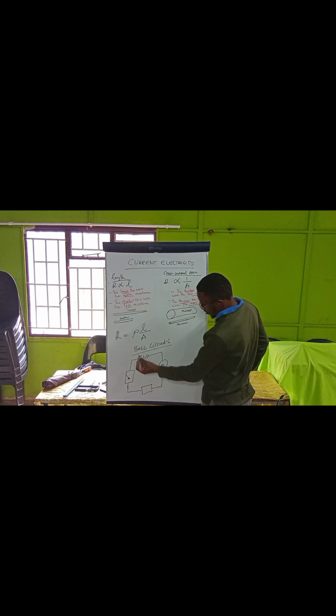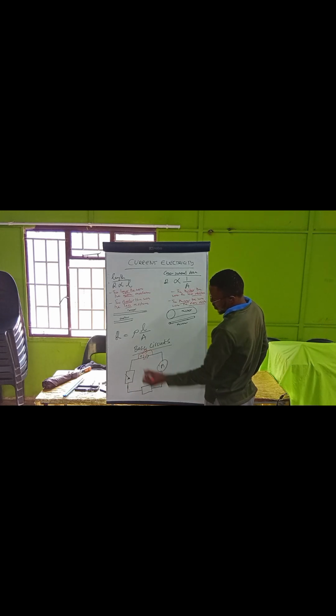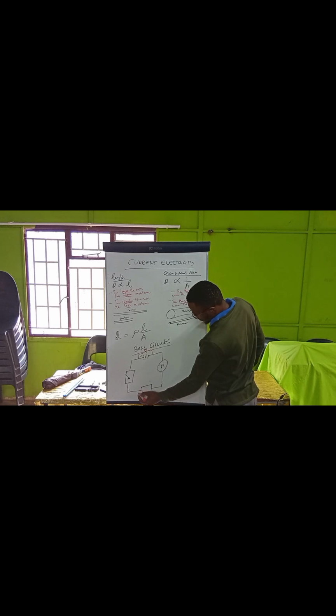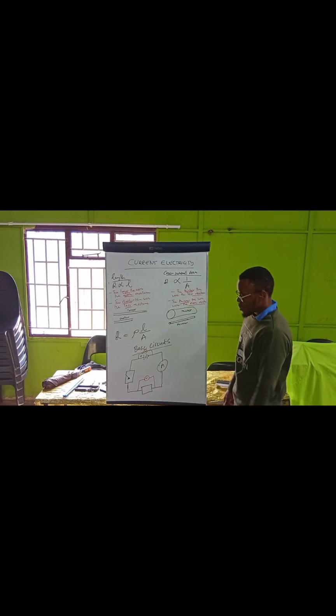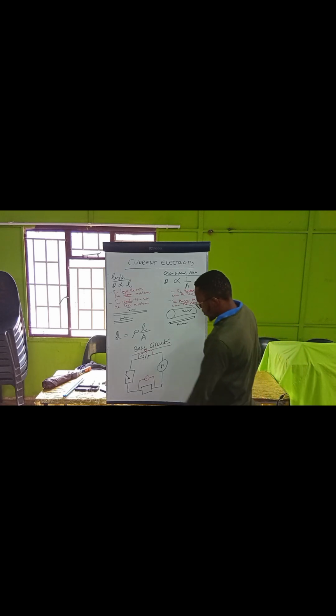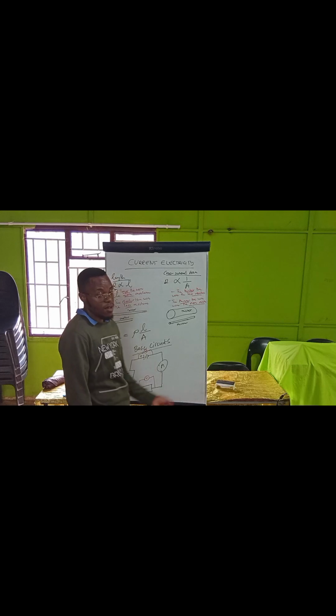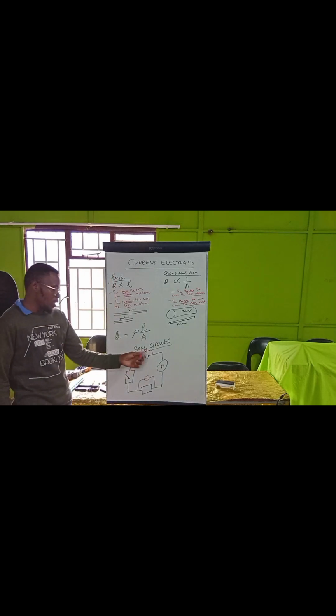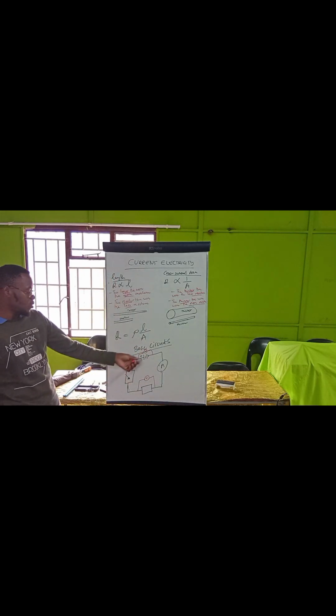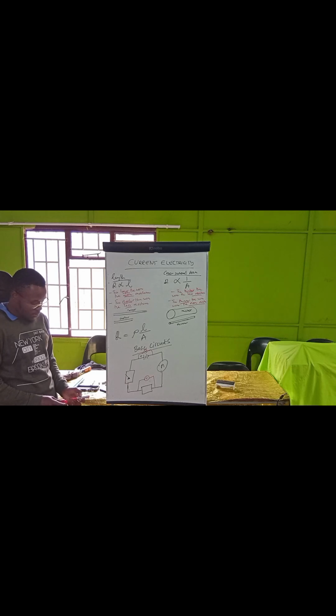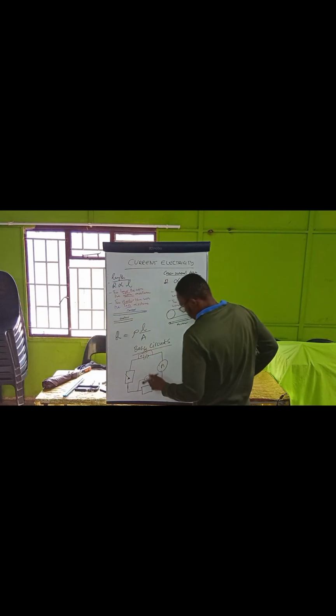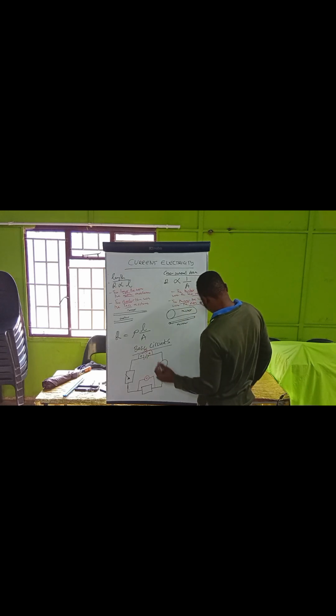Remember I said you can only connect a voltmeter across a resistor or EMF or cell. So in this case, this is a battery because in fact we've got two cells now. The first thing also to note is that this is